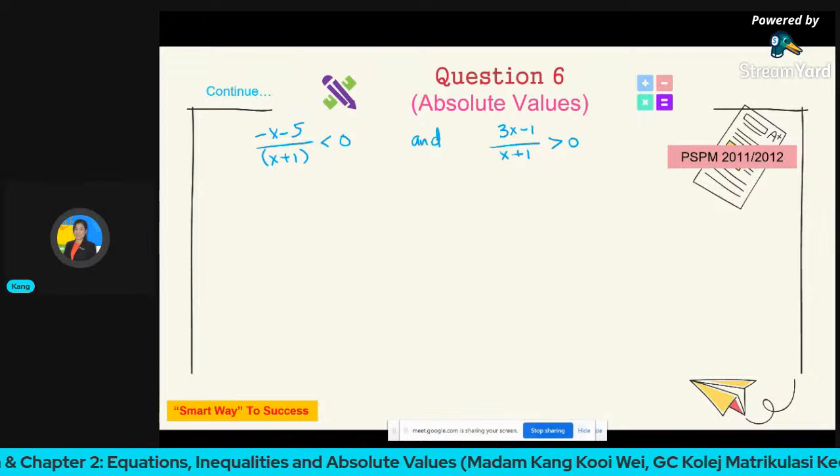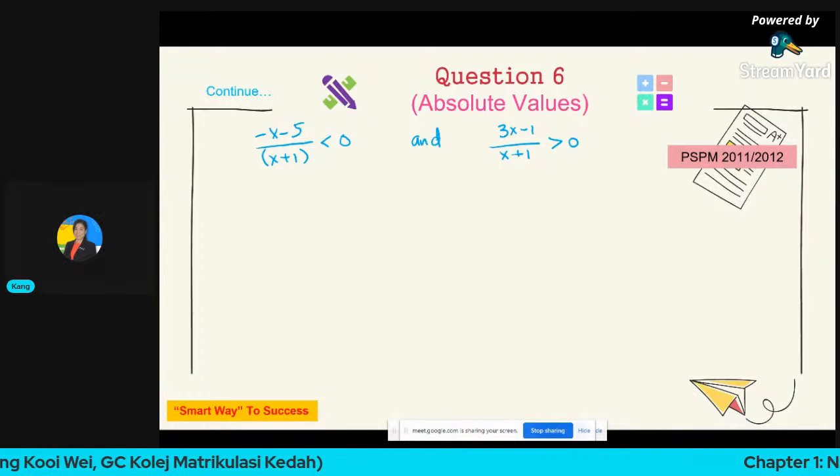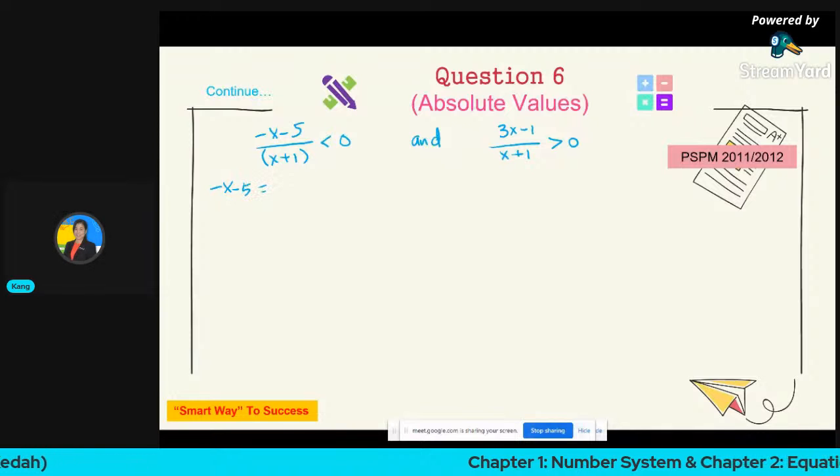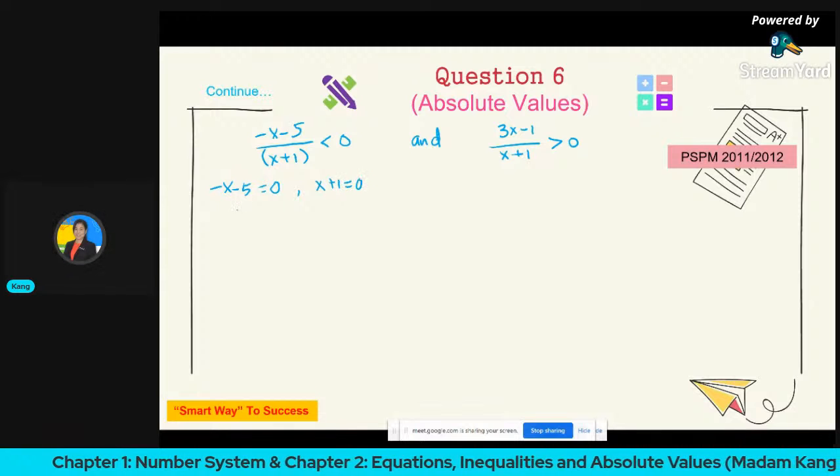Table of sign. Okay, table of sign, correct. To get the final answer, we need to use the table of sign to help us. So we let all the factors equal to 0 because we are going to form the number line for